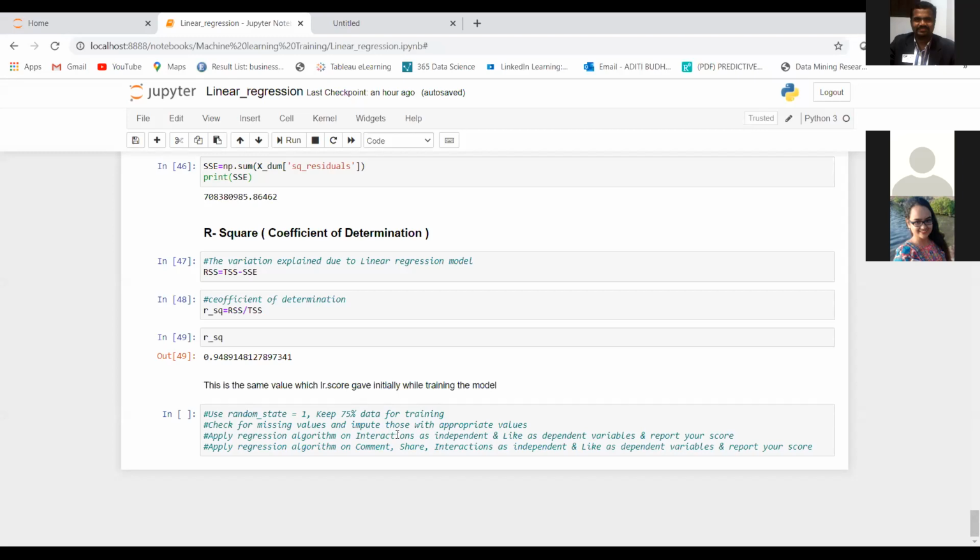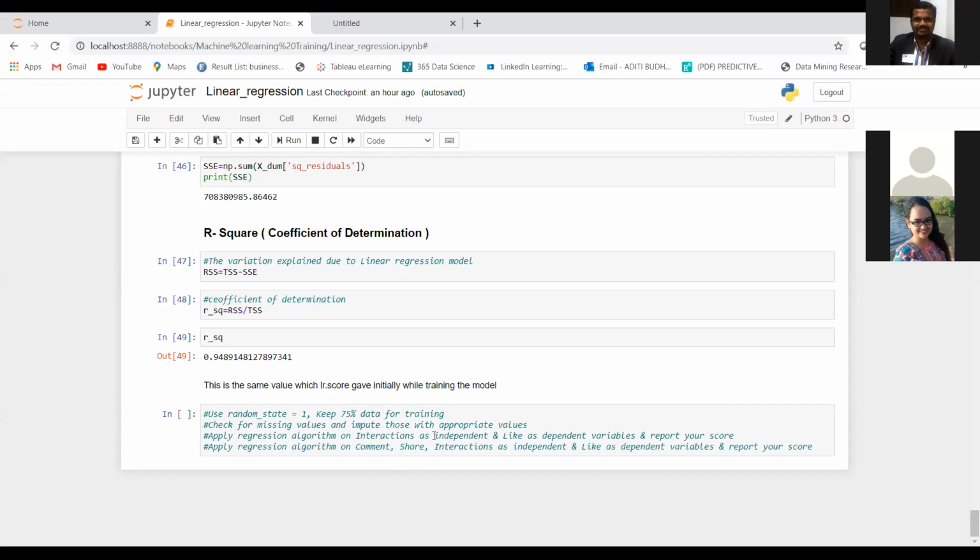Okay, so using this you will create your linear regression model, correct? And after that you will create your second linear regression model based on comment, share, and interactions. Now here we have three independent, or input variables.